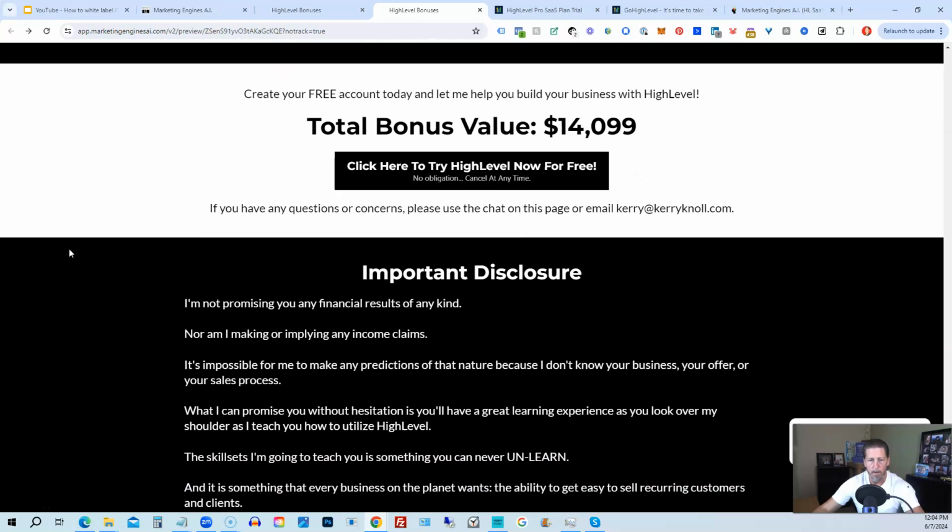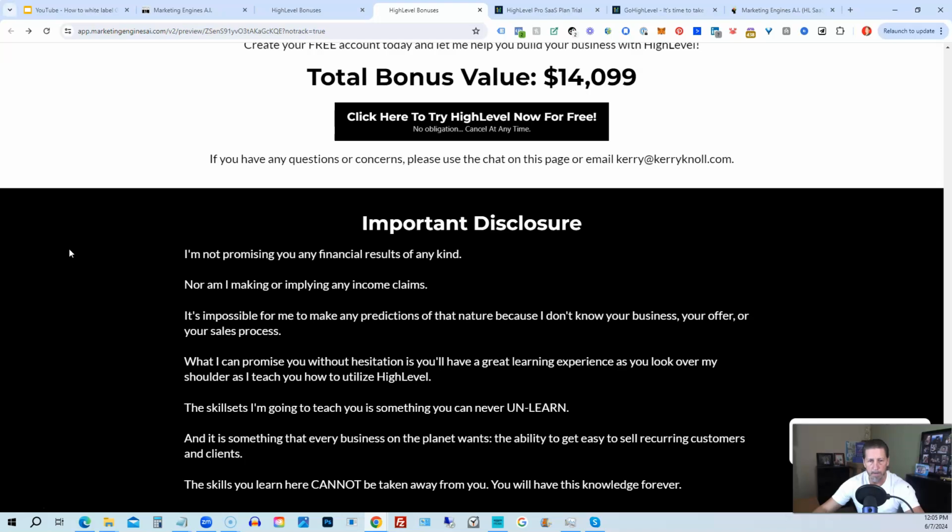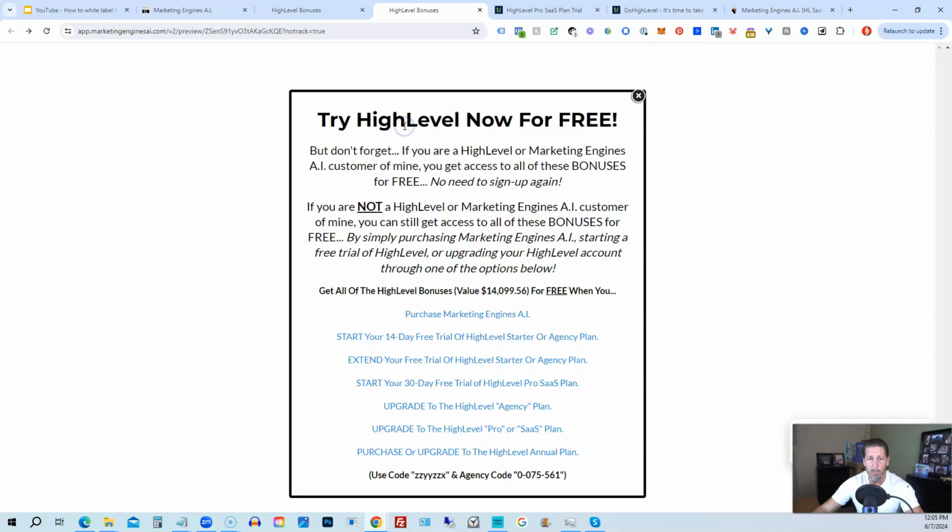All right, once you've decided to sign up through my HighLevel link or through Marketing Engines AI, either one on this particular page, you will click one of these black buttons. Once you do that, it'll say try HighLevel now for free, and you will get a chance to either sign up for Marketing Engines AI, which I will give you a 30-day trial of. So I give you a little better option than just signing up for HighLevel, where you can only get a